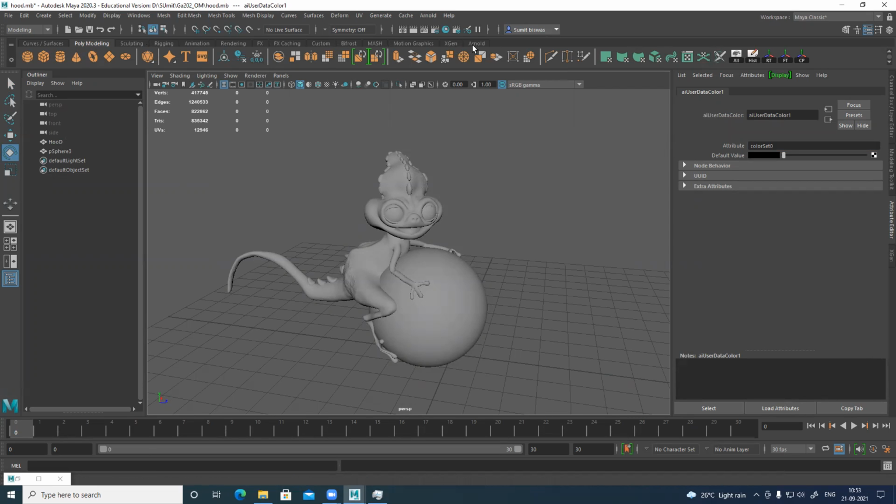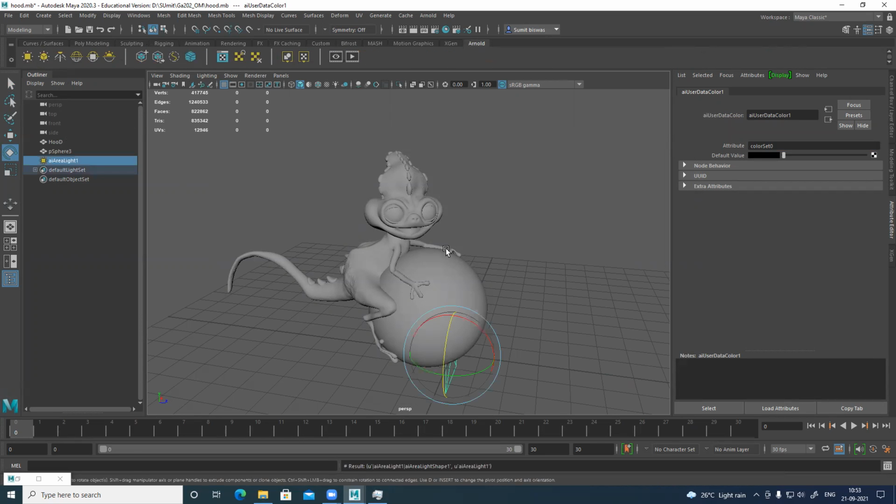So there's something called Arnold. Let's use an area light.